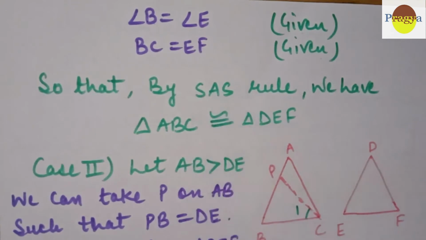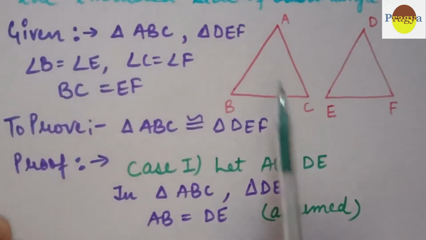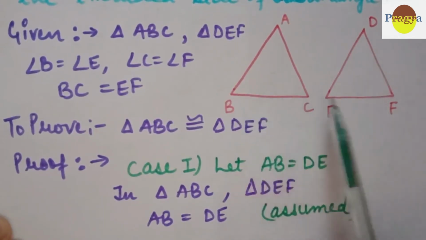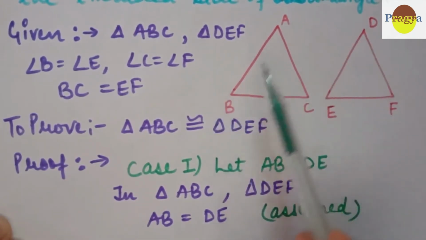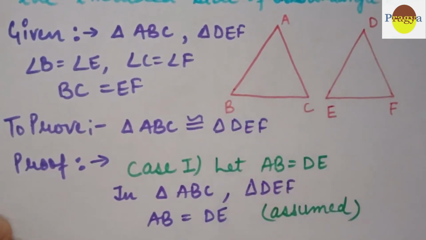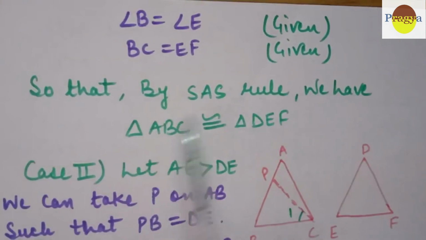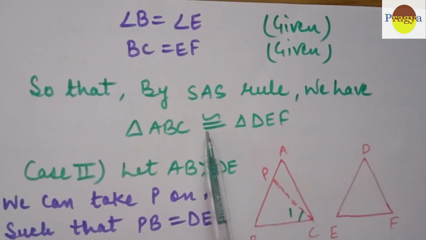If you have any doubt, then let me check from your diagram. In this diagram, AB, DE, BC, EF and angle B and angle E, we took these three elements. So SAS. We always check our rule from one triangle. We took this, this and this. So SAS, so definitely we are going correctly. By the SAS rule, both triangles are congruent.